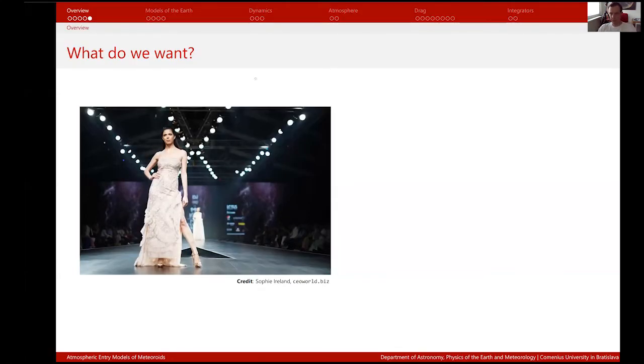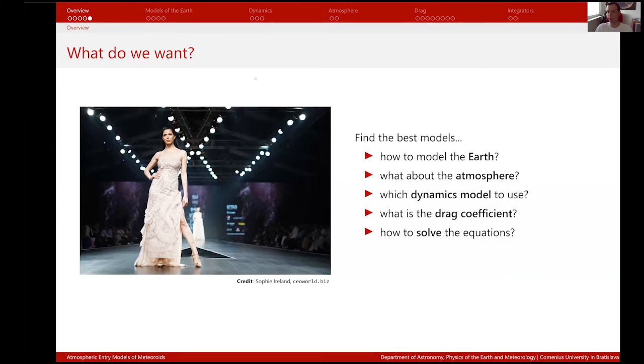This time we want something different. But we want models. Well, not these kind of models, a different kind of models. But if there are any applicants, please feel free to write to me in the chat. Actually, we need to model the Earth, to select an appropriate representation for computation, and to do the same with the atmosphere, find a dynamics model, determine the drag coefficient, and finally solve the equations to obtain a meteor, or the brightest frame of one. If all this is met, then maybe, just maybe, we will be able to simulate meteors really well. So they should actually match what is up there.